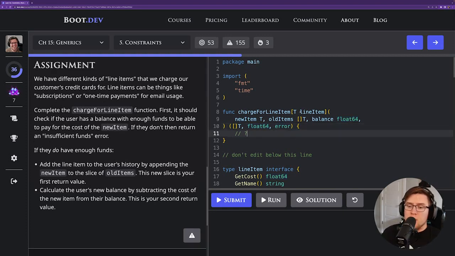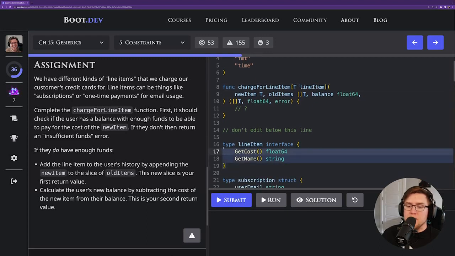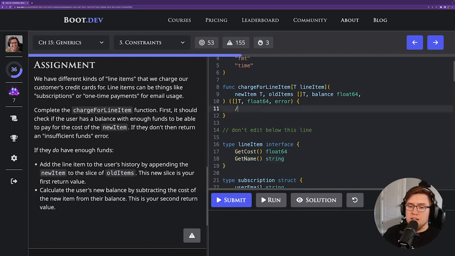Okay, so we have the type here as a line item. So line item is this interface, and it looks like we have these 2 methods available to us within our function. We can get the cost of a line item, or we can get the name of a line item. So the first thing our function is supposed to do is check if the user has a balance with enough funds. So we need to do something like new balance is equal to